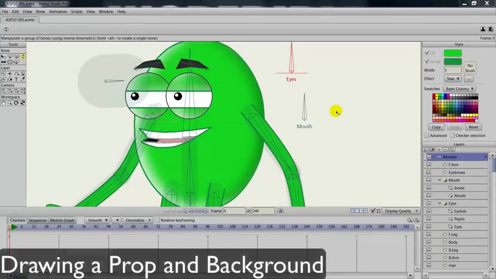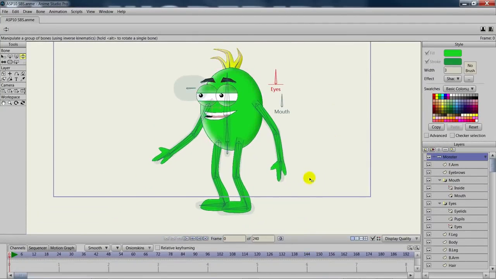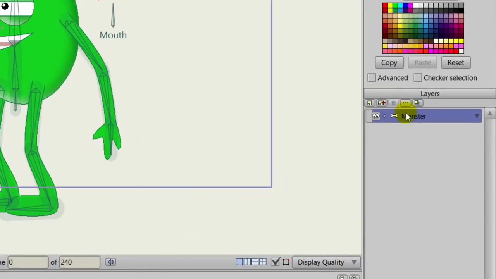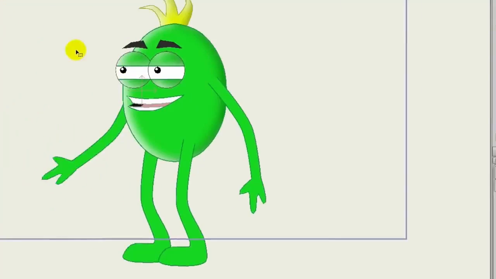For this animation, our character will have a prop, a metal ball, that he will be interacting with. We'll also need a background. So first, let's come over here to the Layers panel, and we're going to make a new vector layer outside of the bone layer. And we can name this ball. So once you have that,